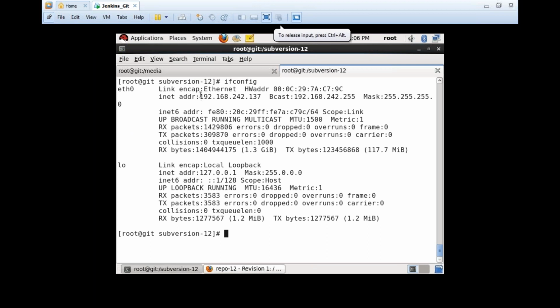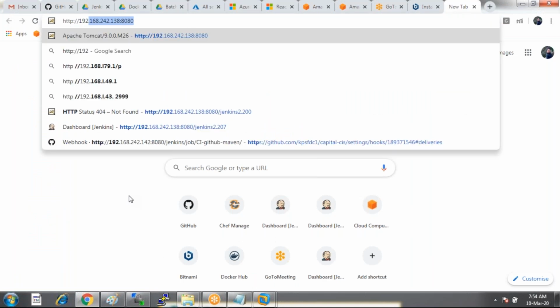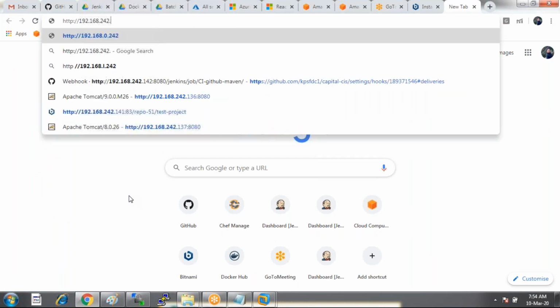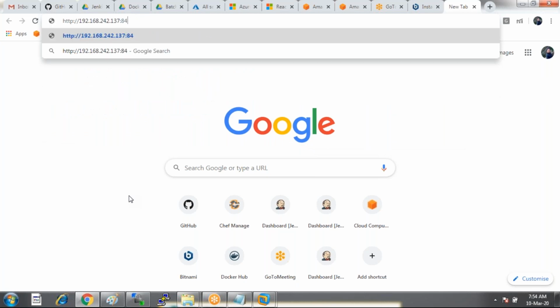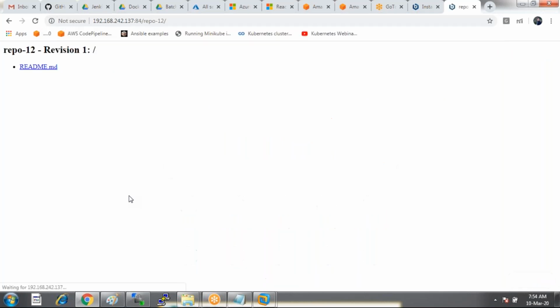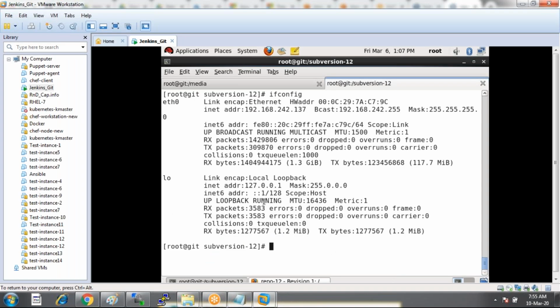And what is the IP address? 192.168.242.137. And the port number is 84 and slash repo-12. There is your repository. Also make sure, back on my server,